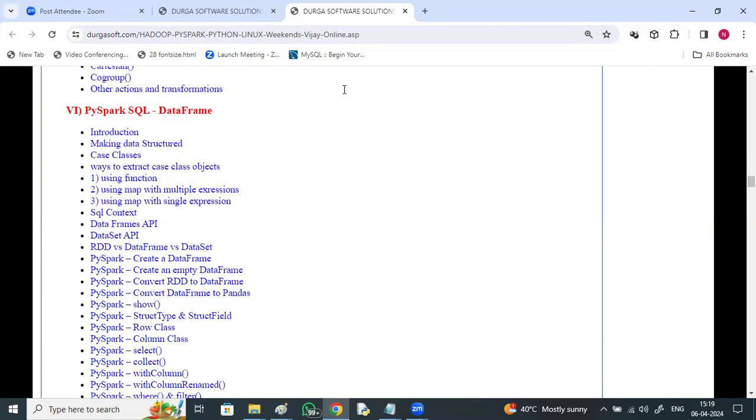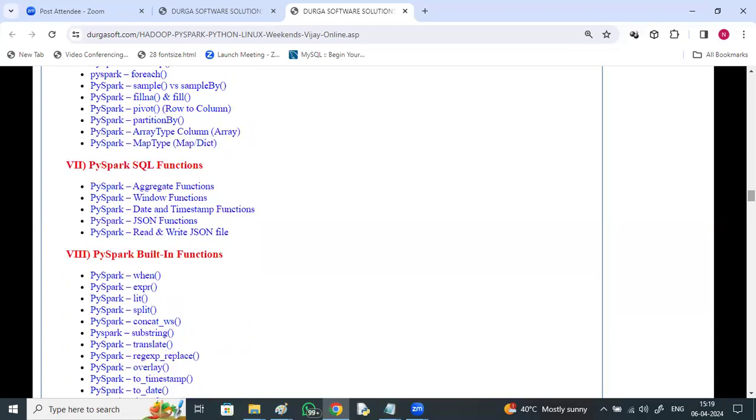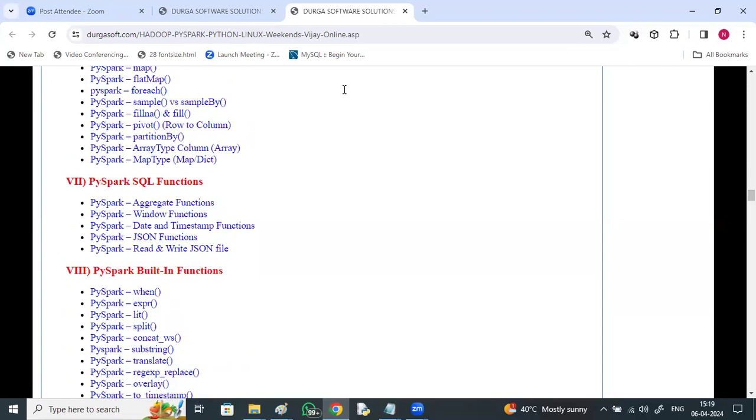So creating data frames, RDD to data frame, show, StructType, StructField, select, collect, withColumnRenamed, drop, groupBy, union, UDF, map, flatMap, sample, fillna, all this. Aggregate functions, window functions, date and timestamp functions, JSON functions, reading and writing JSON files, PySpark built-in functions, when, expr, lit, split, concat,